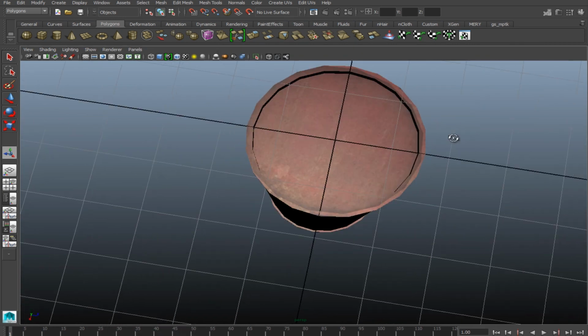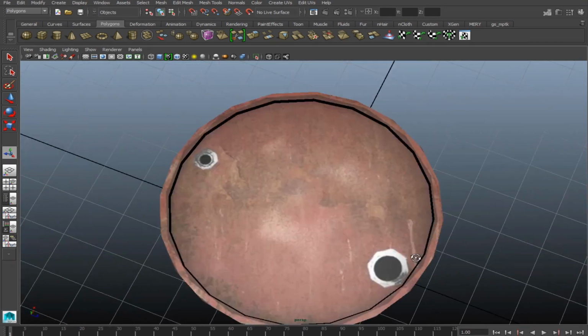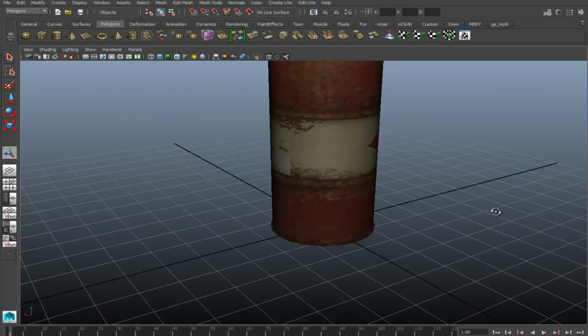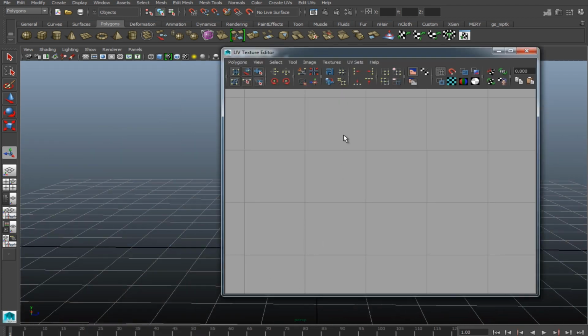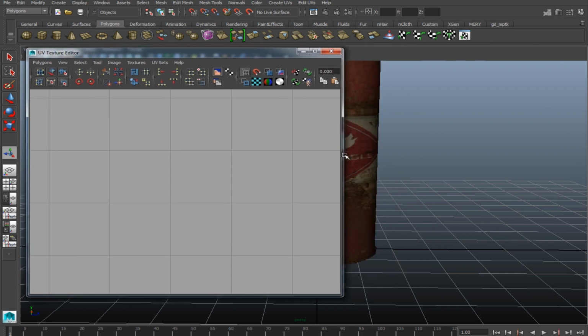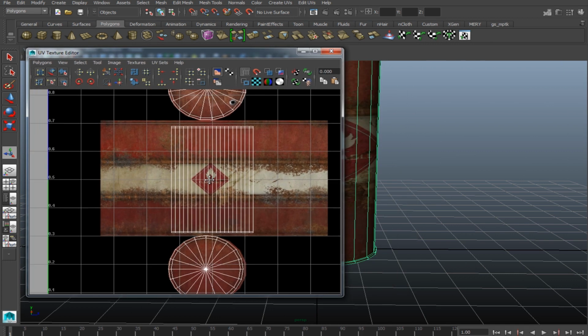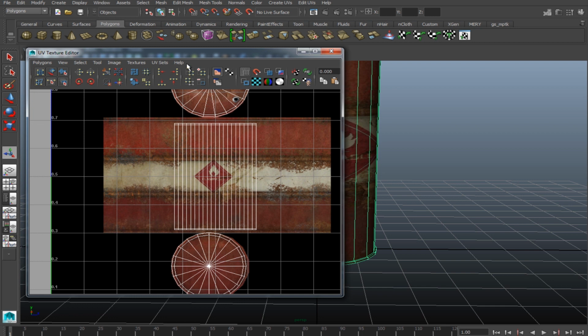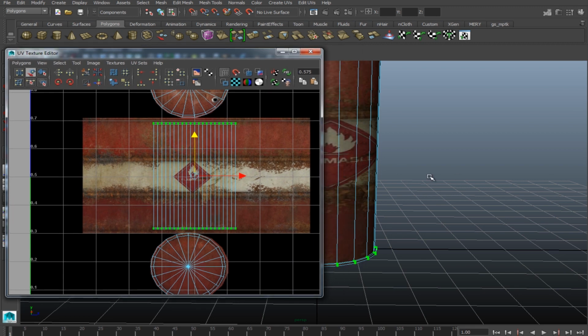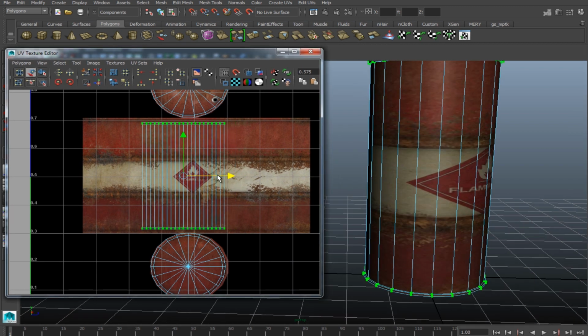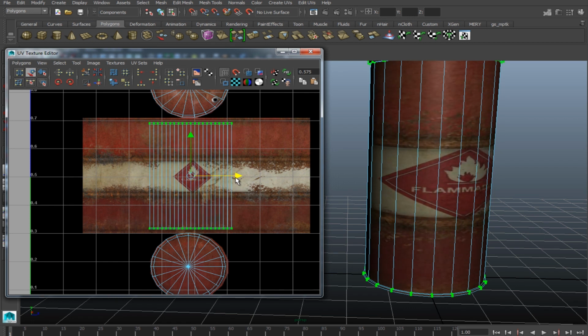You can always look at the object mode too. Now of course we have one more thing to fix, and that is the way this looks. So we'll select our object, and you can see here it's already laid out pretty well. It's just the wrong size and shape. So what we need to do is, if you click this tool right here, this is your Move UV tool. If you select this group of UVs, you can now move it, and you can actually see here as I move this, it's changing the texture,